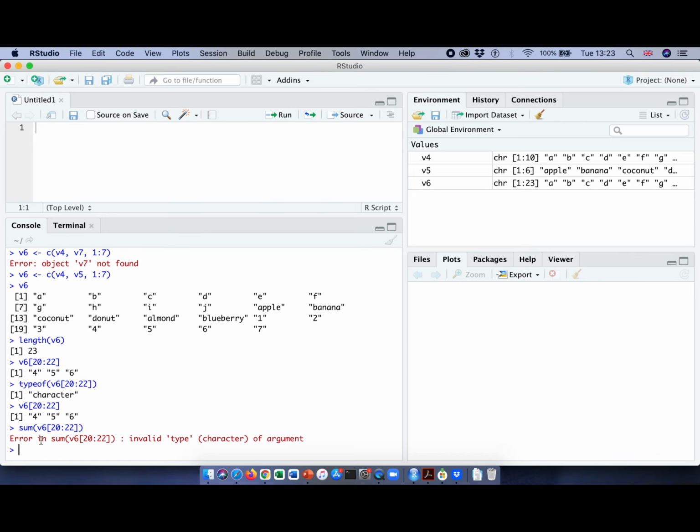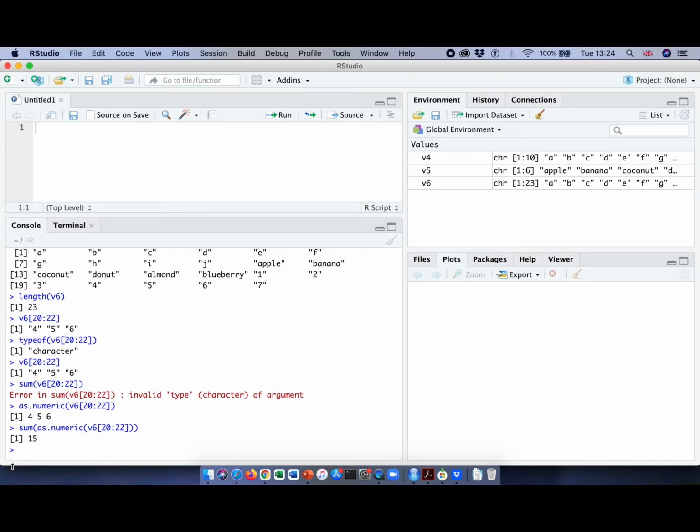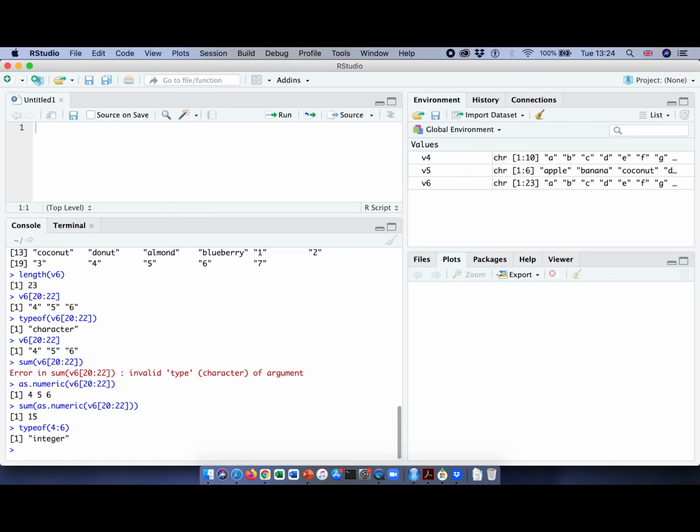Now, if I want to convert them into numbers, I should use as numeric. This function as numeric converts the letters into numbers. So we have only 4, 5, 6 without double quotation symbols. Now this one we can sum up. 4 plus 5 plus 6 is 15. The type of 4, 5, 6 is integer. They are integer numbers,